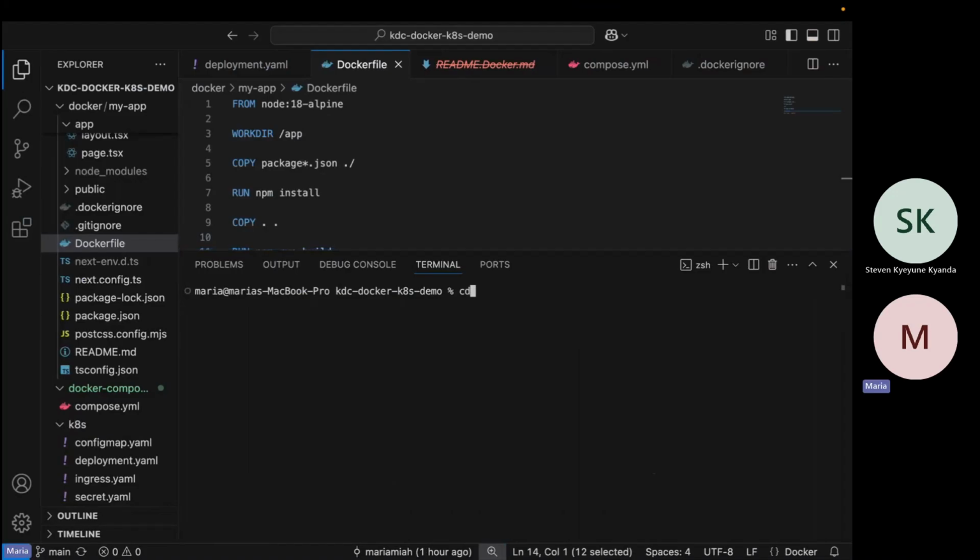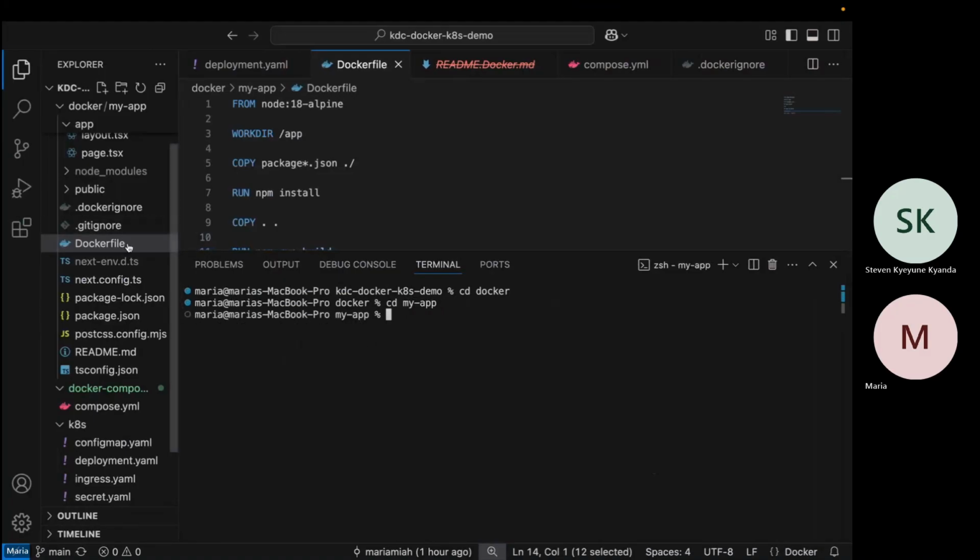I would go into the Docker directory. This is where the Dockerfile is, but before I run the Dockerfile, I could try to run this application locally to see how it behaves, then how it will look when we Dockerize.